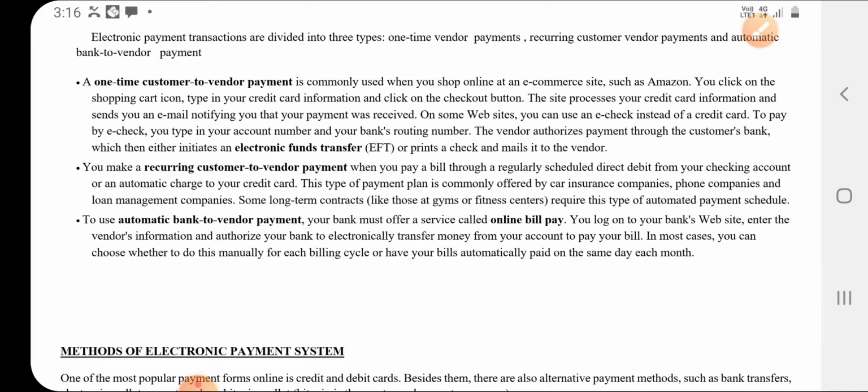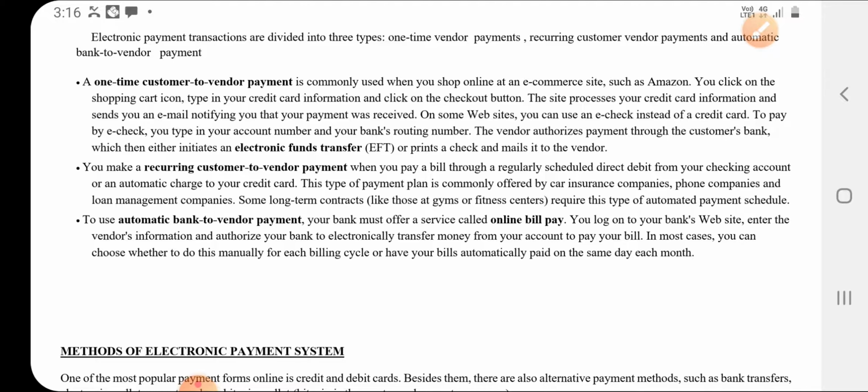So, the second type is recurring customer to a vendor payment. So, recurring means often, every month or every 15 days or every year if you want to pay something, suppose your EB bill or if you are joining a school, you are paying for the school. So, the school fees is paid by you every month. So, if you are paying something regularly, between a particular time period, then it is called recurring customer to a vendor payment. So, when you pay a bill through a regularly scheduled direct debit from your checking account or an automatic charge to your credit card,